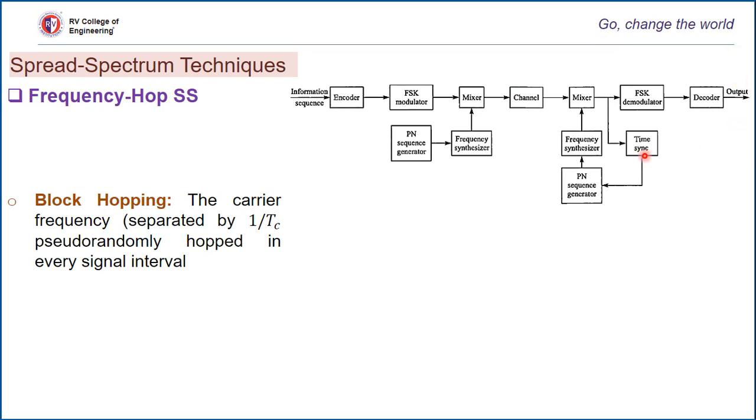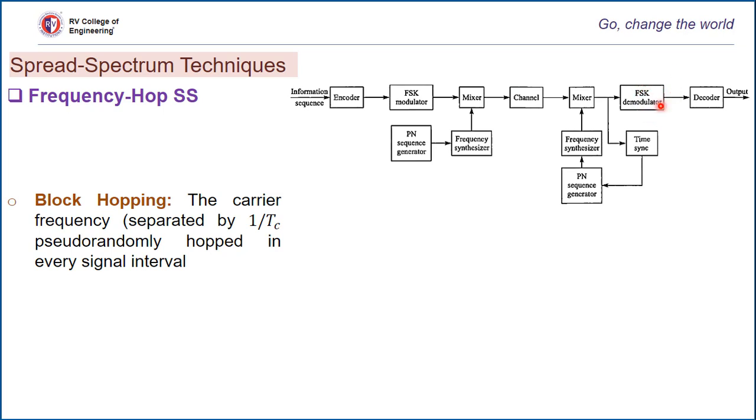In the receiver, the second half of this block diagram, the frequency hopping is first removed by mixing or down converting the received signal with the output of a locally generated frequency synthesizer that is synchronously controlled in the same manner as that in the transmitter. The resulting output is then bandpass filtered, which is inside the mixer itself, a combination of product modulator and bandpass filter, and subsequently processed by a non-coherent M-array FSK detector.